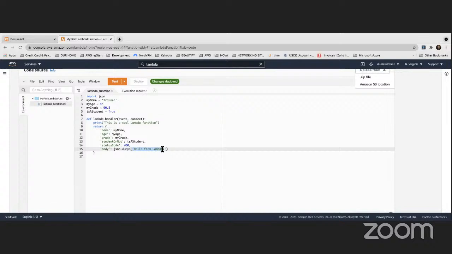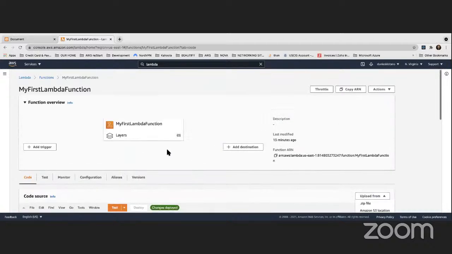This converts this into a string. It's a Python object, and it converts it into a string. That's what it does. Remember that everything in Python is an object. So this is an object here, and it converts into a string. That's what dumps does. Now, let us go ahead and first of all,